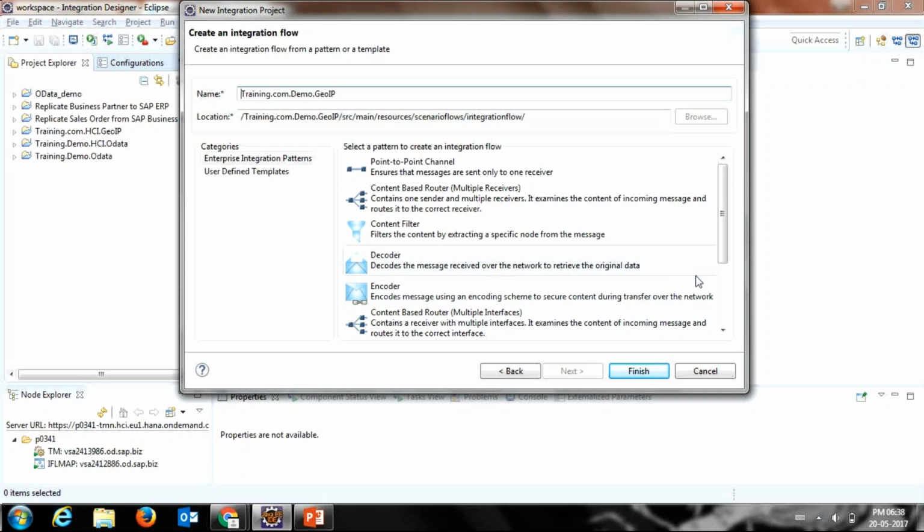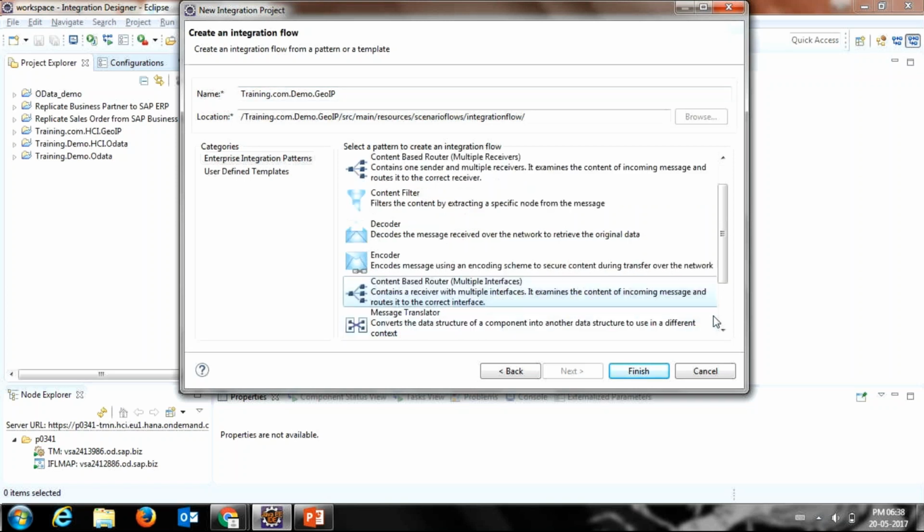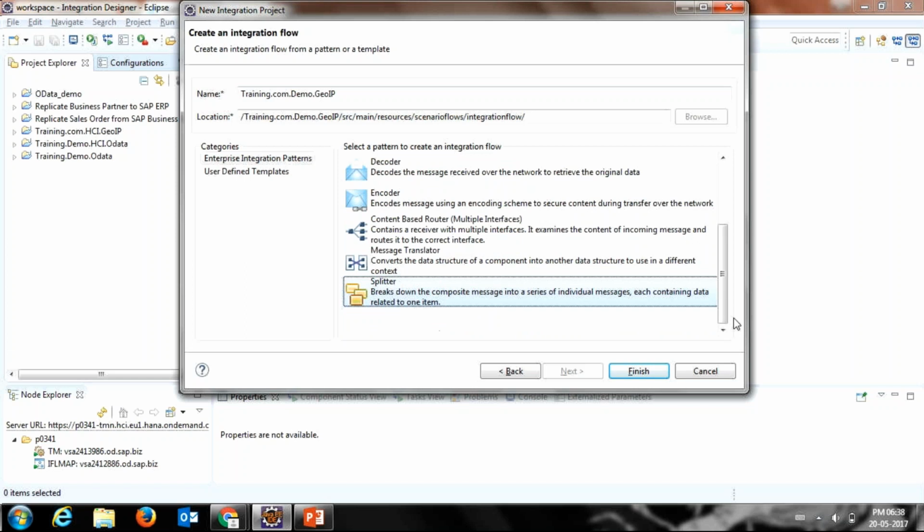Then you have the translator, splitter. You have the option of selecting from these multiple templates which SAP has given,